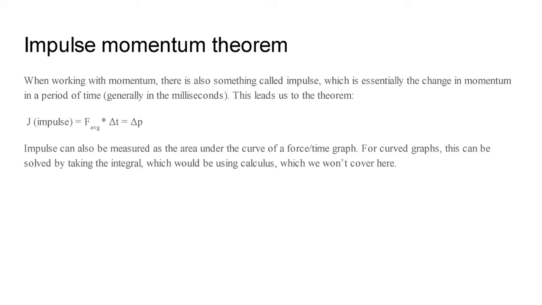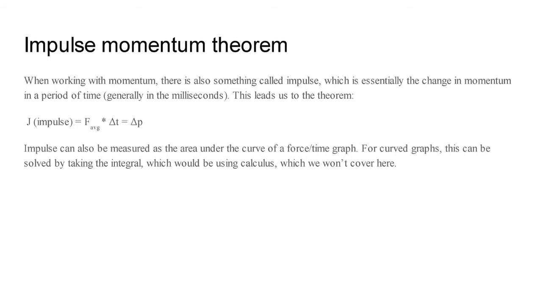This leads us to the theorem J, which is impulse, equals F average times delta t, which is equal to change in momentum, which is demonstrated by the letter P. Impulse can also be measured as the area under a curve in a force by time graph. For curved graphs, this can be solved by taking the integral of the graph, which we use in calculus,